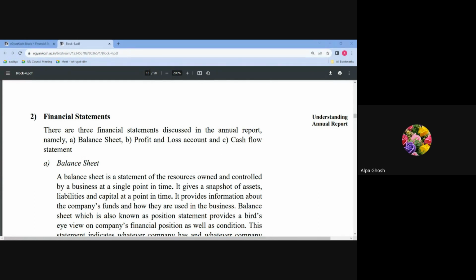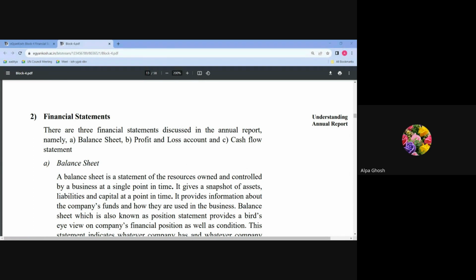So when we talk about the balance sheet, it is a statement which is prepared on a particular date, preferably on the last day of your financial year. If your financial year is April to March, then the balance sheet is prepared on 31st of March. So the balance sheet gives you the position of your assets and liabilities in a particular year